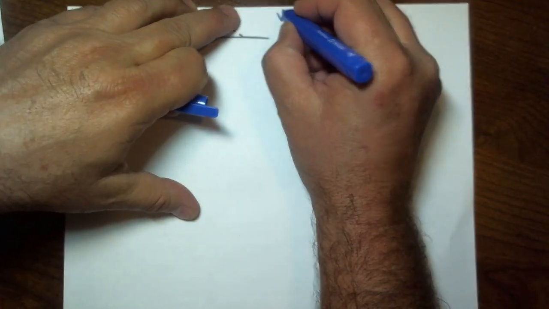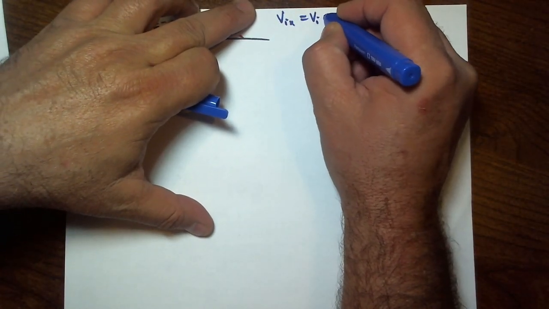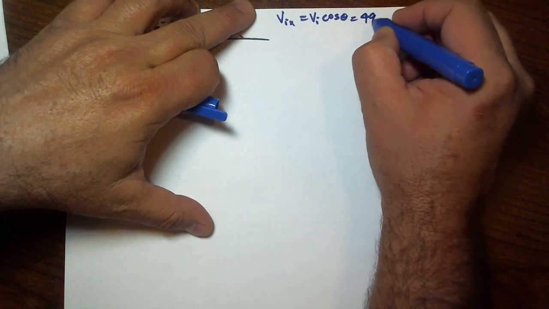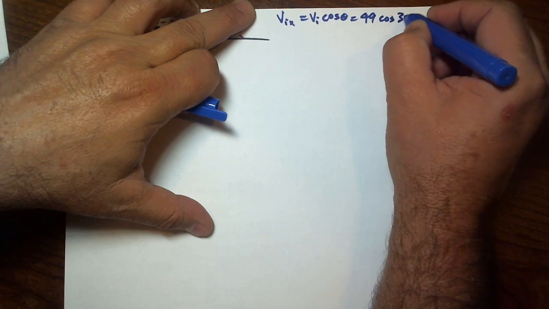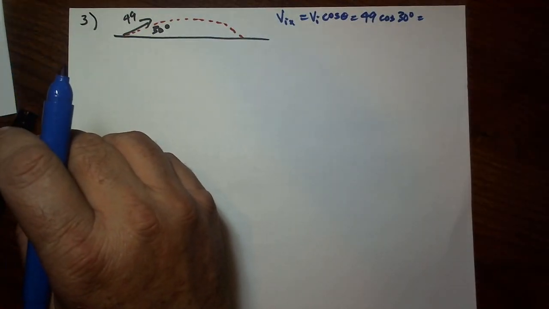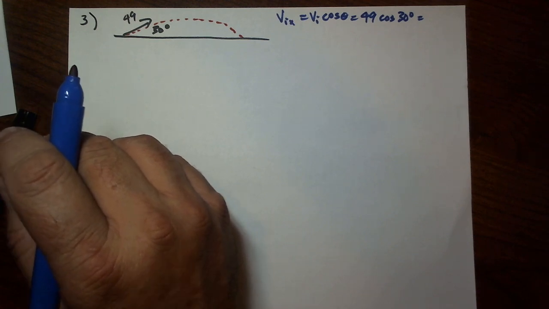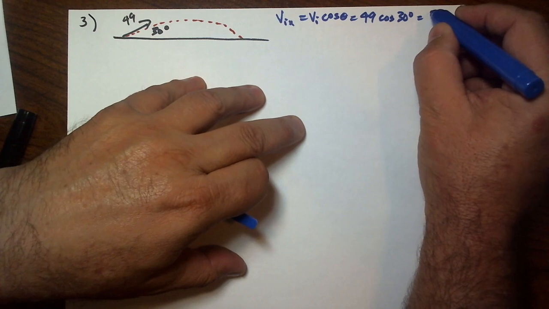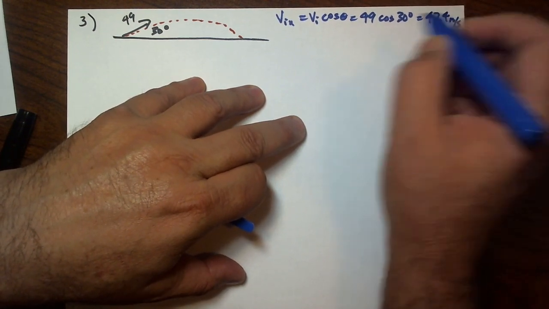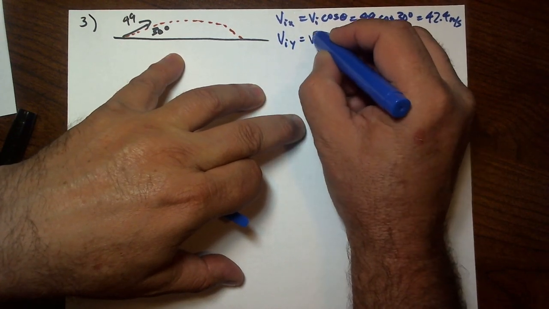And we need to find Vix, which is going to be the original velocity times the cosine of the angle. In this case, 49 times the cosine of 30. That's going to wind up being 49 times cosine of 30, which is 42.4 meters per second. We also need to know the initial velocity in the y direction, which is going to be